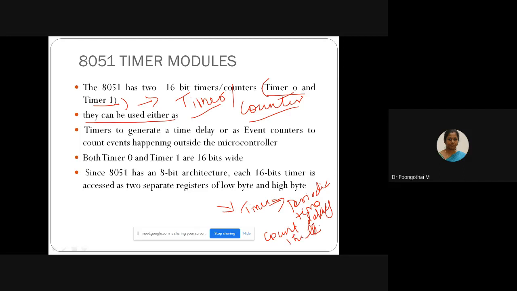For example, if you have to generate a pulse signal or any signal every 30 seconds, then you can use the timer feature.